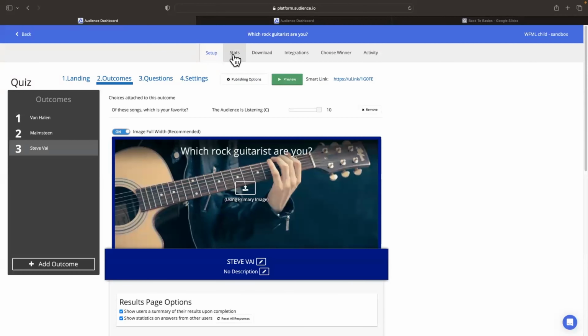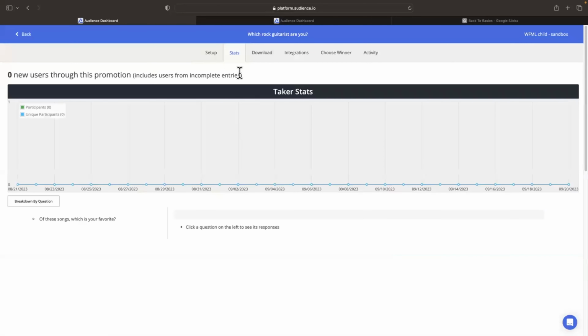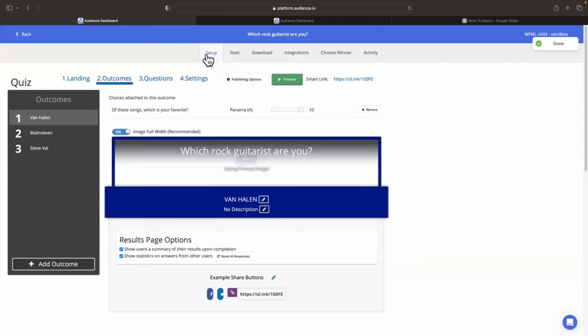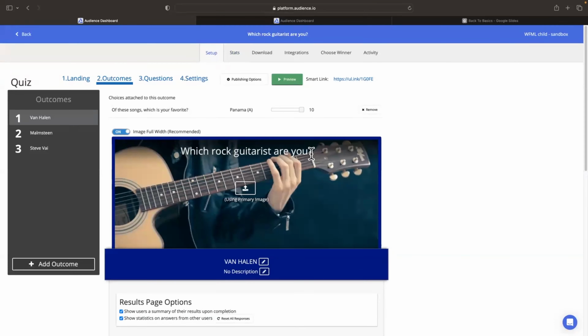Again, we already went through all of these, very similar. There's not a lot of difference when it comes to your downloads, your stats. They all will appear just like the other version of Quiz did as well. So really, that is what we're talking about in terms of Quiz. Here's our smart link. I'm just looking through now to see if there's anything I missed.